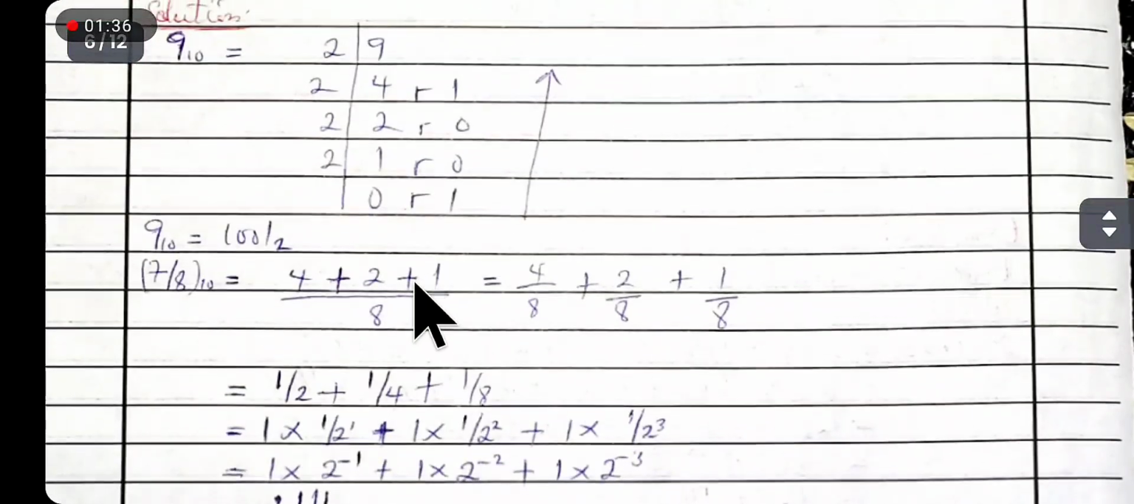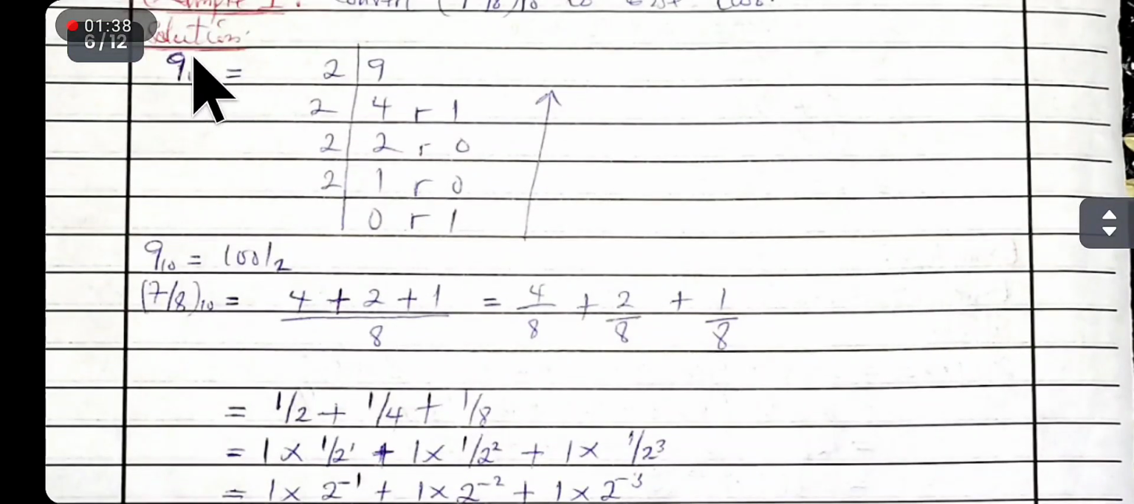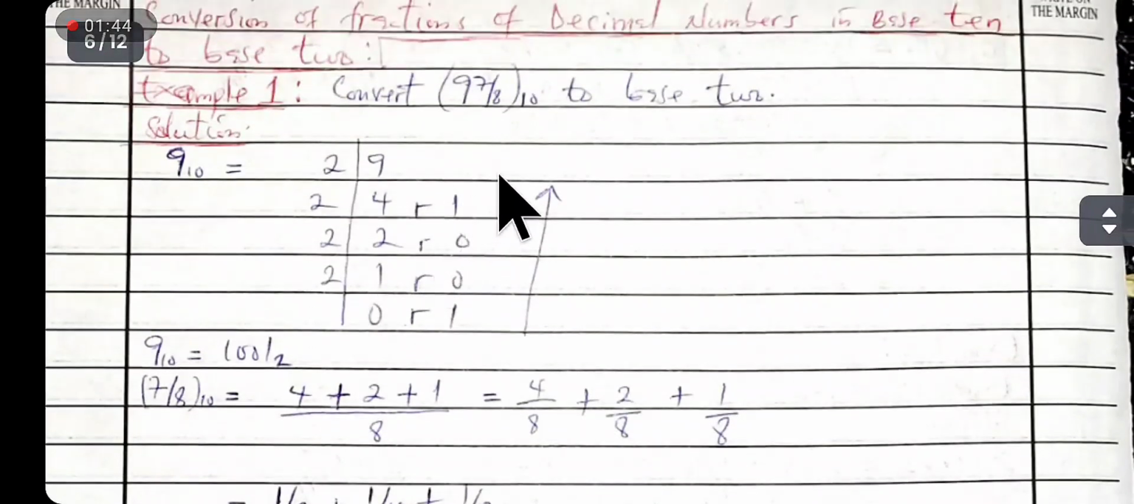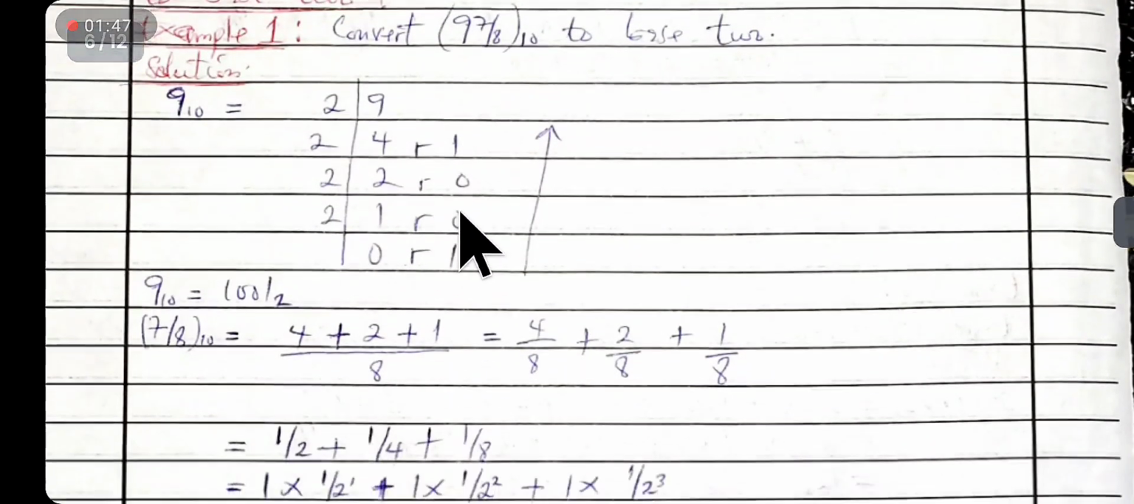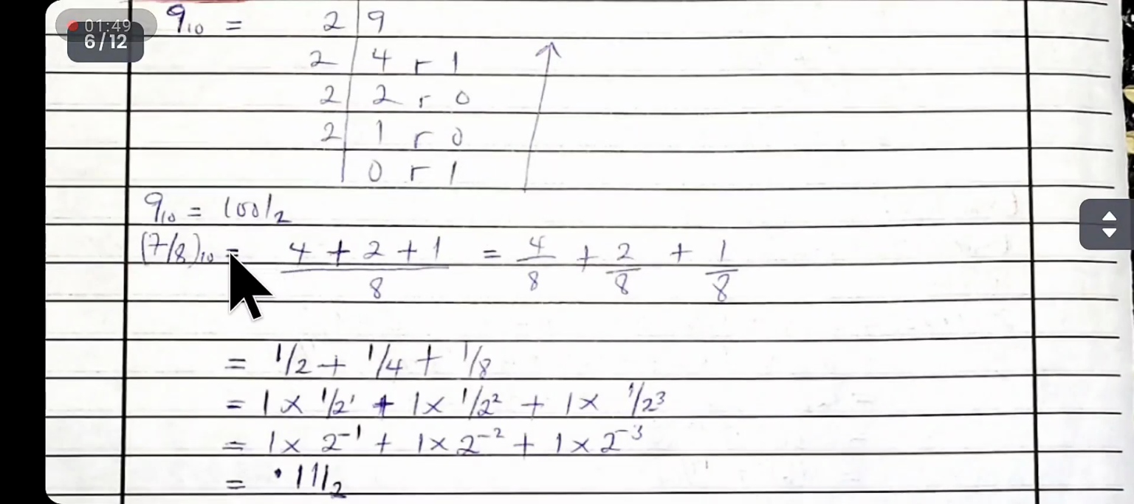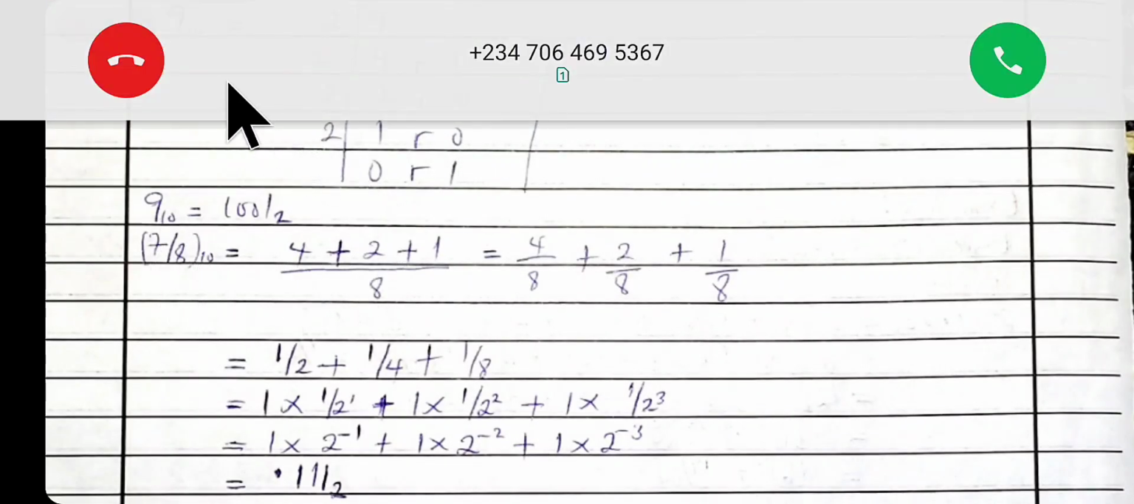Now we are done with the whole number part. We've converted 9 in base 10 to base 2. Then what of 7 over 8, which is the fraction part? You have to convert it to base 2 too. So for you to convert this to base 2, you have to